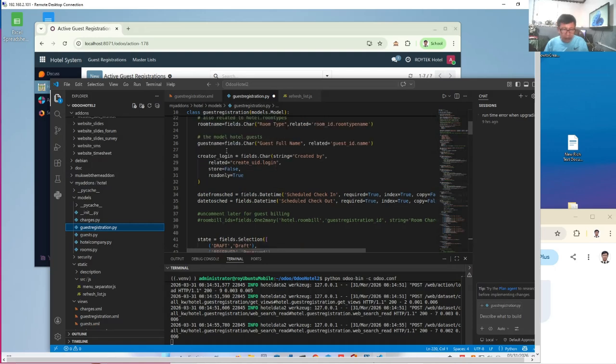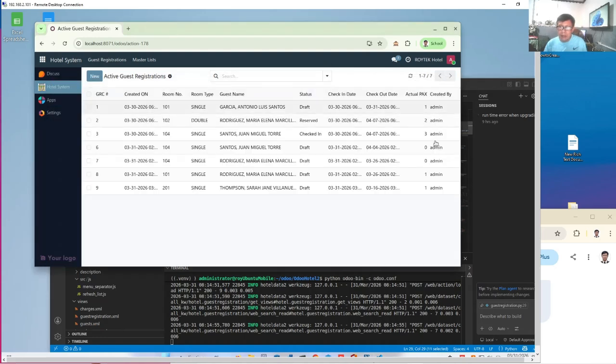Okay, there it is, creator login. Using create_uid, which is metadata that's included in each table, we are relating this to create_uid and particularly the login field of res_users. Odoo knows that already because create_uid by default is related to res_users. That's why we have the created by here, which displays the login name of the user who created